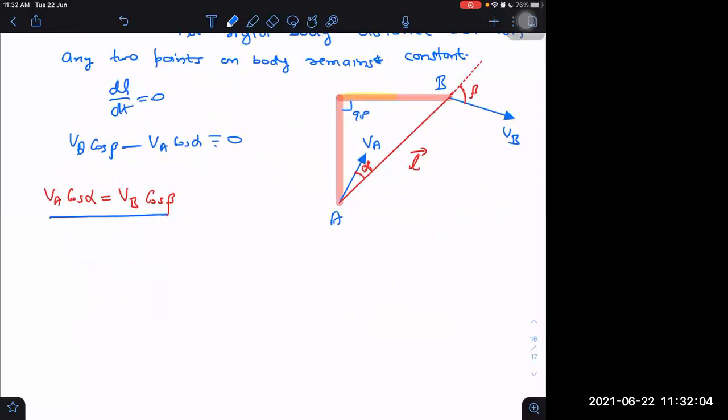And what is perpendicular to this? One side is VA sin alpha, and the other is VB sin beta. VB sin beta is the perpendicular component. Here VA sin alpha is the perpendicular component. We are mainly interested in this perpendicular, VA perpendicular, VB perpendicular, because